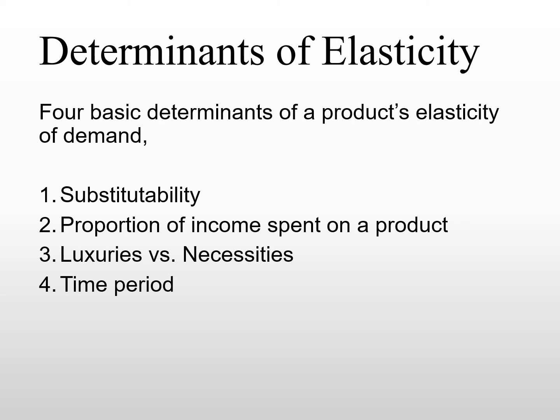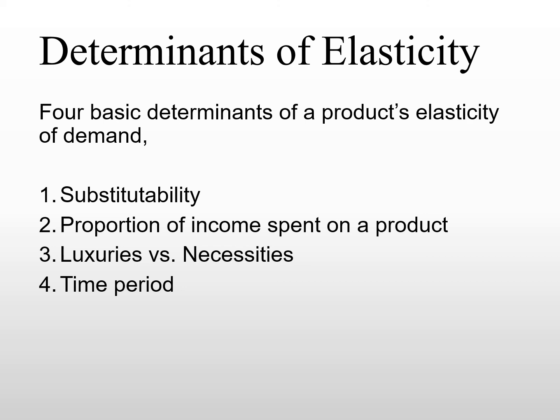When the product can be easily replaced by another substitute in the market, people will usually consider the price more, because they know if they are going to buy two things that are exactly the same, they will evaluate the price very carefully, and therefore they will become very sensitive to changes in prices in the market. So the more substitutes there are, the more elastic the product will be. And the reverse is also true. The fewer substitutes you find in the market, the more inelastic you will be. For example, medications.